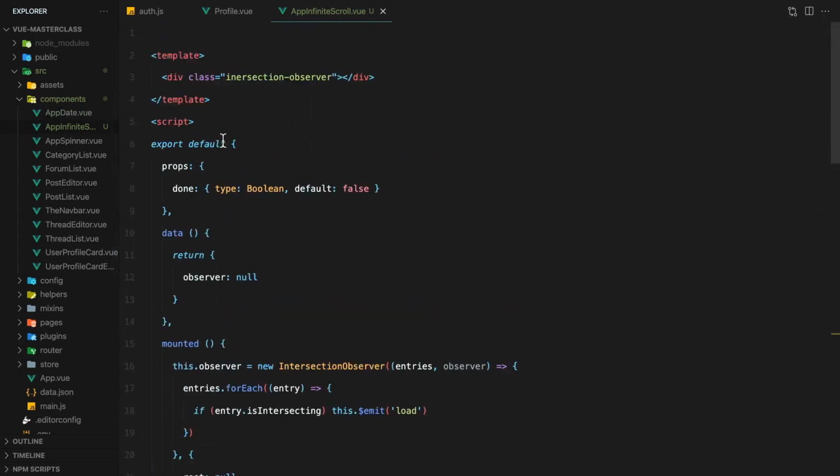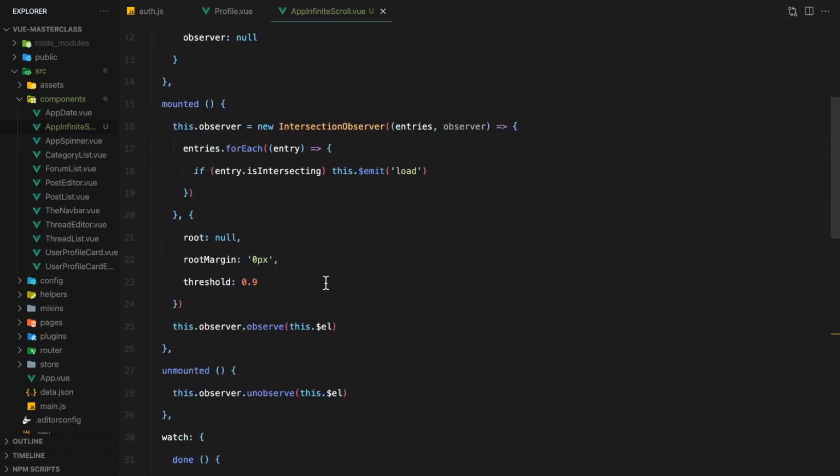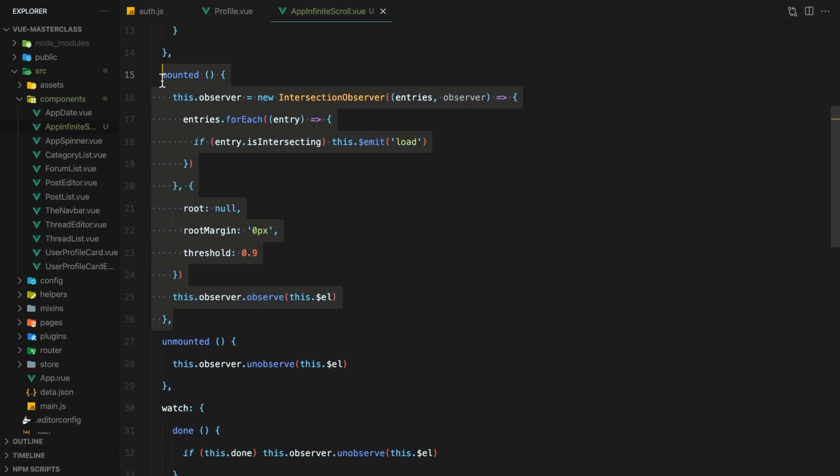Normally, for a component like this, I'd just install and import some existing library. But as of the time of this recording, I couldn't find a good infinite scroll component with adequate usage that worked with Vue 3. So, what's going on here? Well, the most important part happens in the mounted hook. Here, a JavaScript intersection observer is set up, and whenever the div in the template is within the visible page, the component emits a load event.